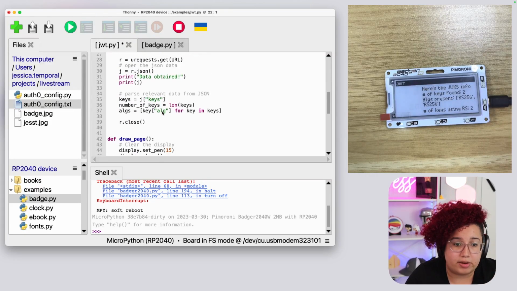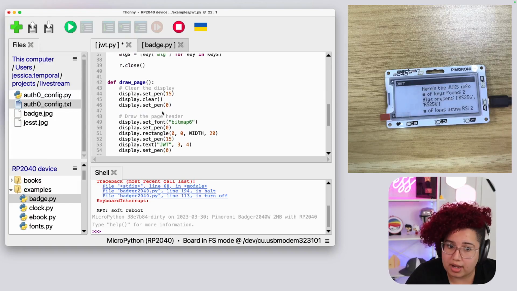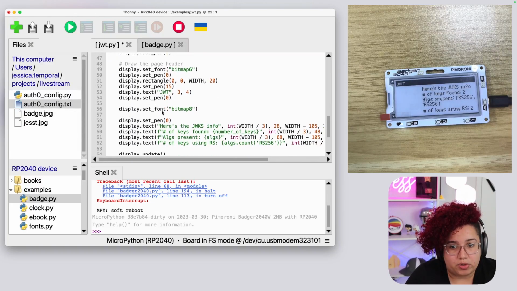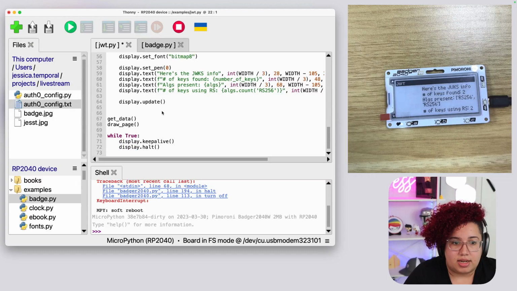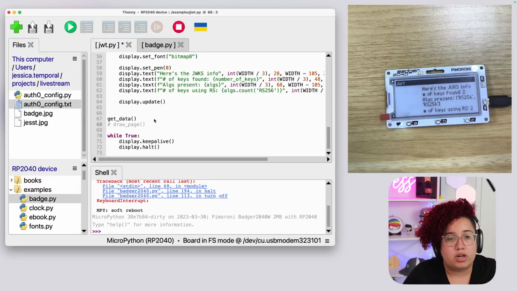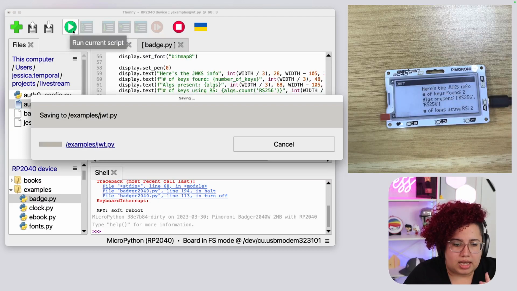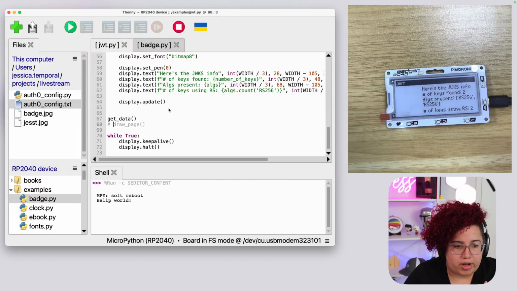And if I run this the way it is right now, it's probably going to break because I don't have all the variables that the get data used to do. So I'm going to also comment the draw page that uses all the variables that I needed before. And if I run this, I guess if my memory serves me well, see, I even typed hello world wrong.